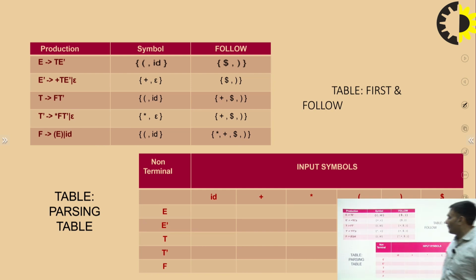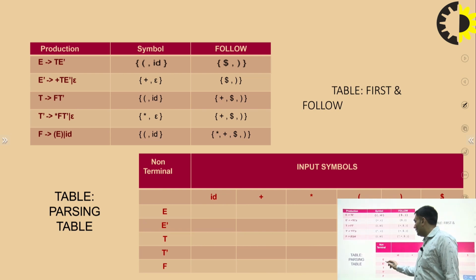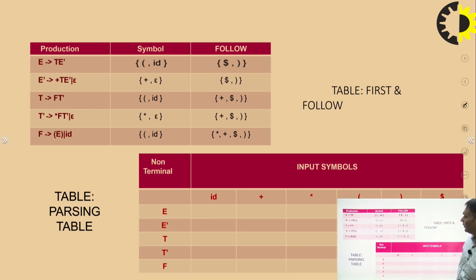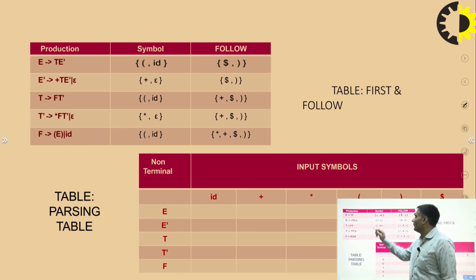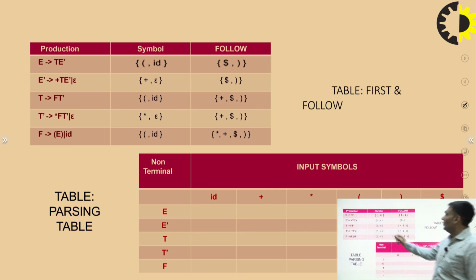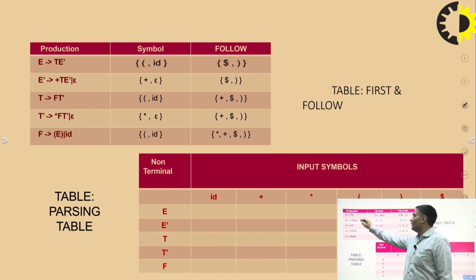So there is a rule to fill the entries of this predictive table. First we will see the E to ID. So we will see the entry of first E to ID. This rule will be placed